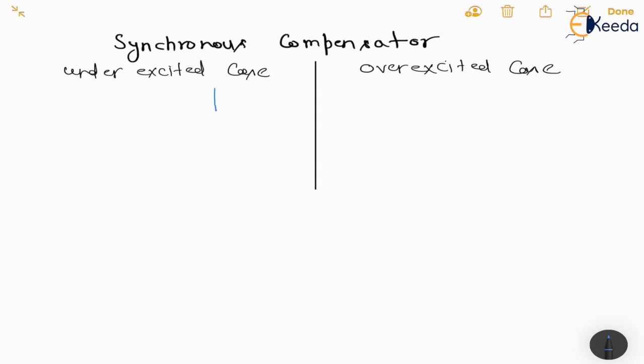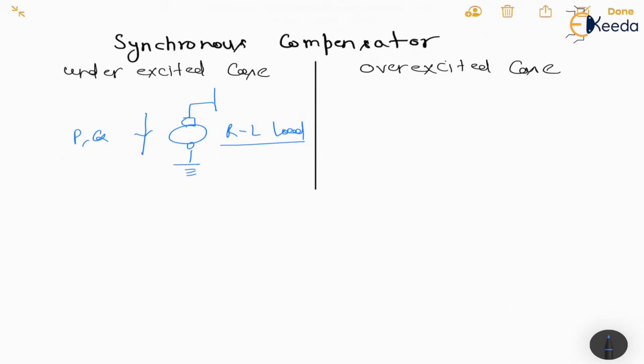So if the synchronous compensator has been applied on under excited case, then this will behave as RL load, means it will take active power as well as reactive power from the